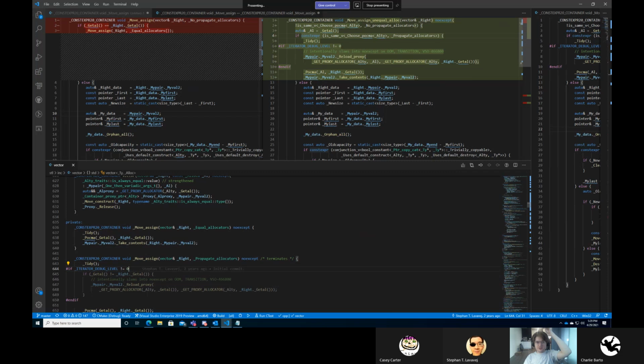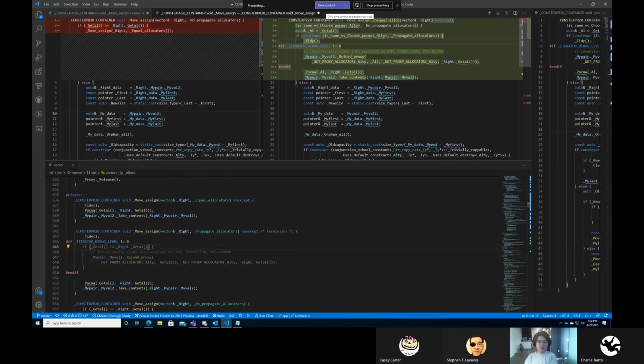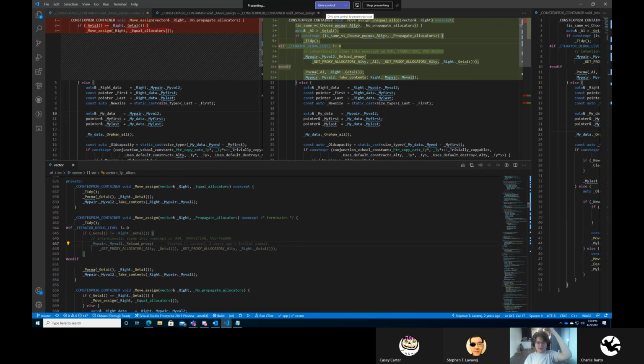so we get the allocator first, and then we check. Okay, so it's only called for unequal allocators. Great. So that immediately lets us elide this check. And then we check if it's propagate allocators, which gets us into this function where we tidy. And then we check if we don't have to do this check. We know it's true. And then we reload it. We reload the thing, and then if we're in IDLO,